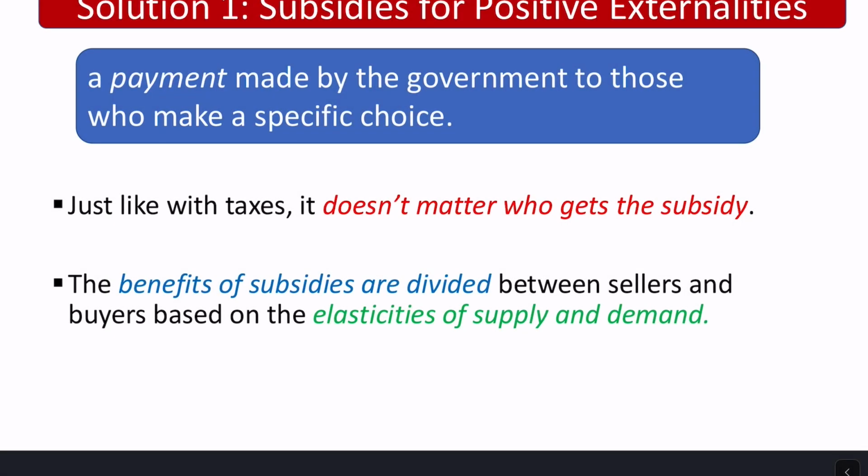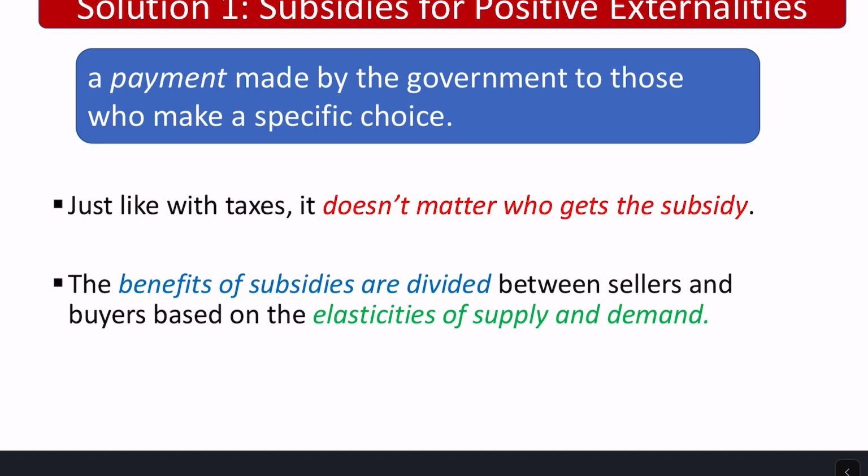To solve the problem of a positive externality, I'm going to show you one potential solution, and that's to subsidize the good that has this positive external benefit. A subsidy is a payment made by the government for those who make a specific choice. So you can think of this as just a reverse tax. Instead of taxing and taking away money for the purchase of a unit of this good, the government's going to actually pay money,